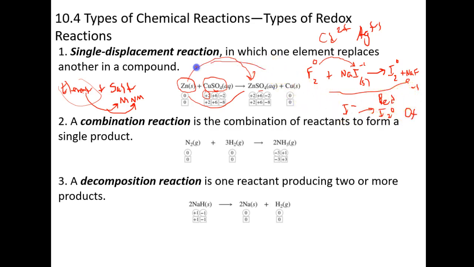This is actually how a battery works. Batteries work by these types of redox reactions. They happen spontaneously. I don't know if you remember, but we did a lab where we took aluminum foil and we put it into a mixture of copper sulfate, I believe. Correct? Yeah, I think it was copper sulfate. It was like a blue solution. And what started happening is copper started coming out as a reddish solid on the surface of the aluminum, and the aluminum was ionizing